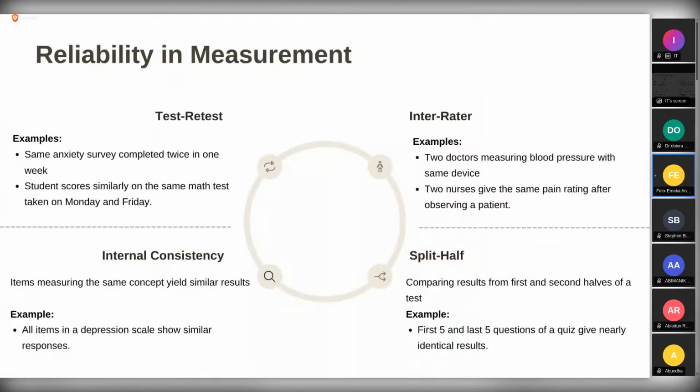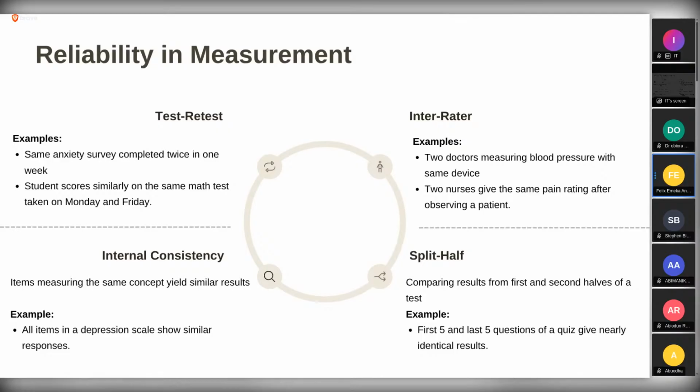And apart from that, the test where we use Cronbach's alpha is internal consistency. So Cronbach's alpha is used to measure internal consistency. You want to ensure that each of those items is measuring one thing. So all of the items in the depression scale are measuring depression. All of the items in the noise-induced hearing loss scale are measuring noise-induced hearing loss. So Cronbach's alpha checks for internal consistency, whether all of the items are measuring the same thing. But there are other aspects of reliability, like the test-retest.